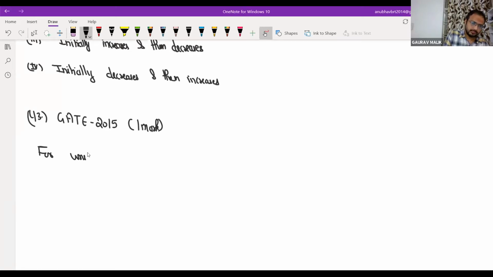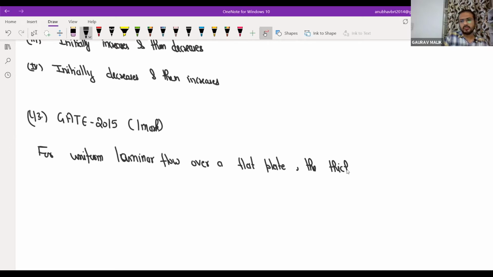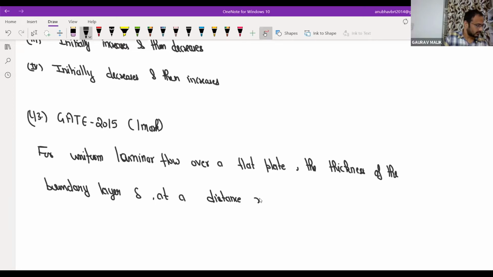For uniform laminar flow over a flat plate, the thickness of the boundary layer, del, at a distance x from the leading edge of the plate follows the relation: